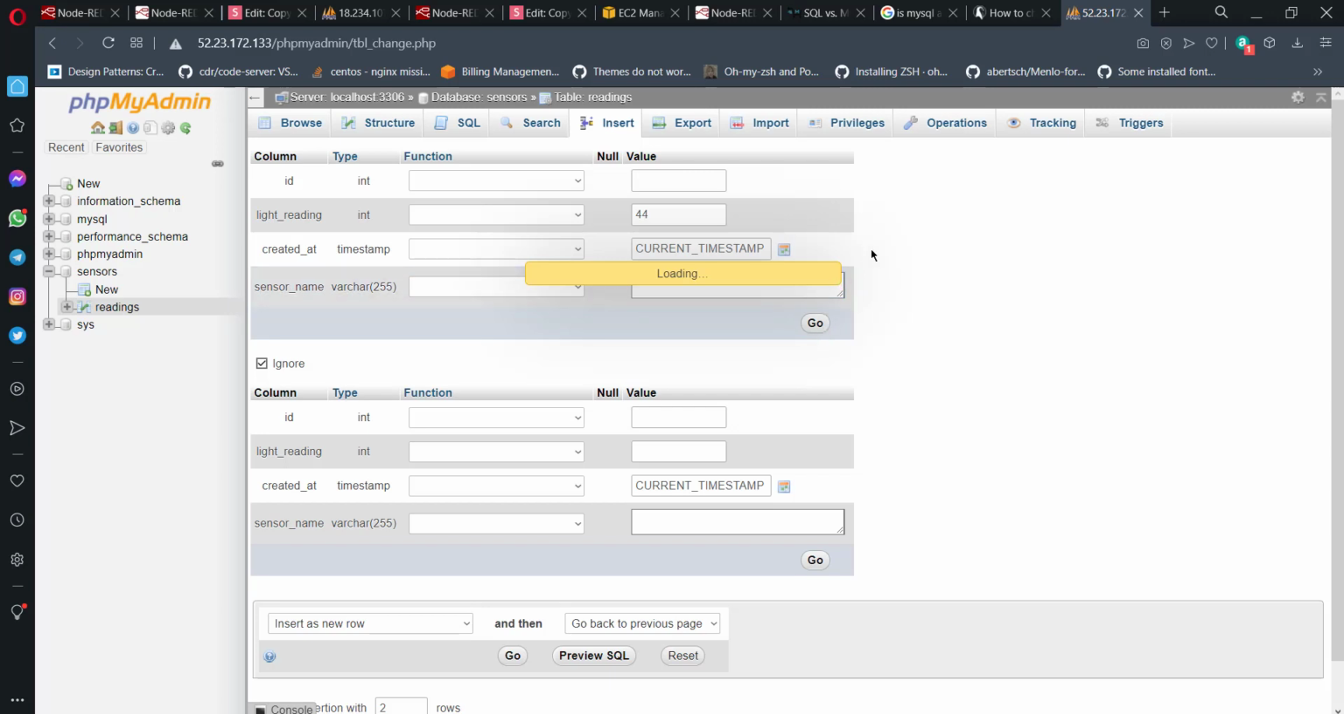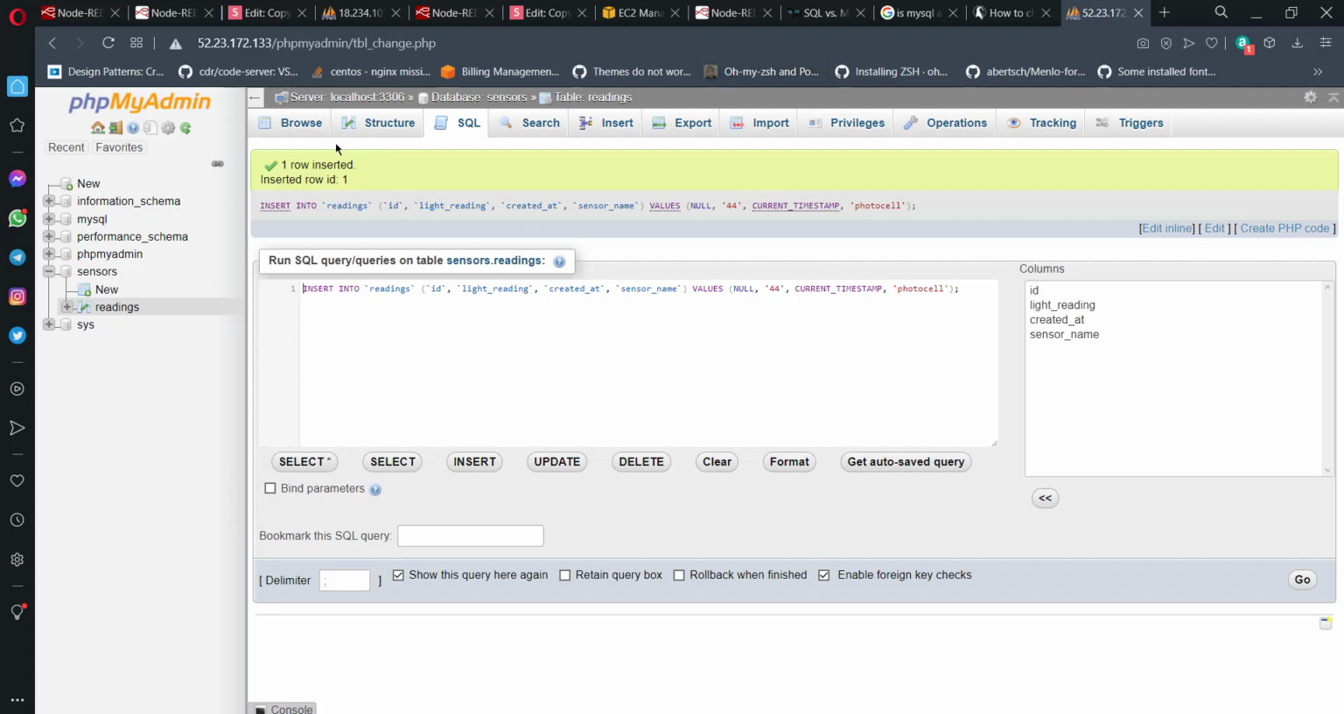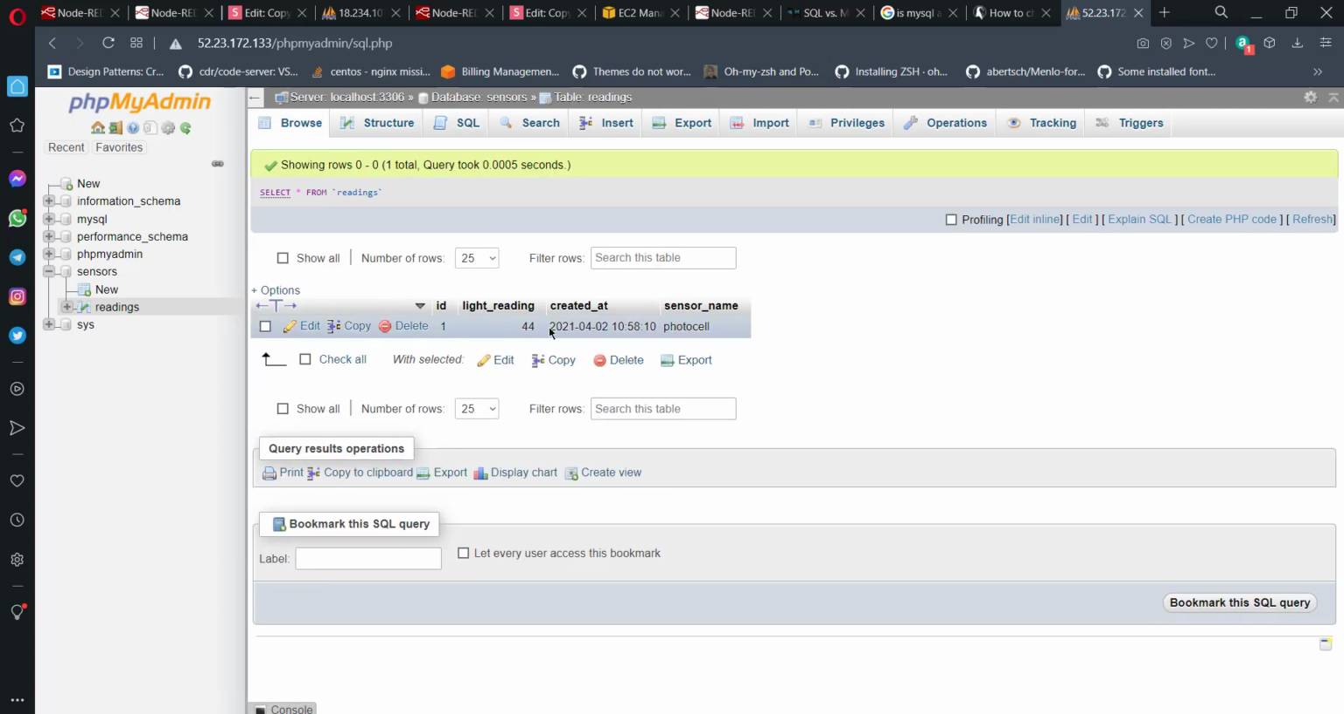Okay, this is taking longer than it should. I'm going to pause this. All right, we are done. Now we can go to browse and check the current values. Now we have one row. See this? This is the first row under the columns here for this table that is called readings that we